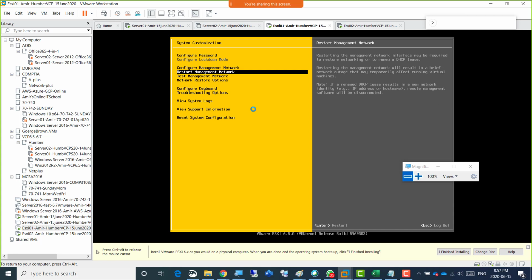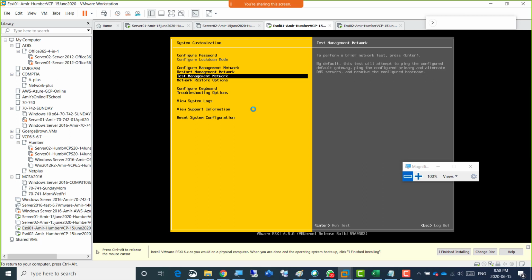If suppose there were virtual machines on top of this hypervisor and you restart it, obviously every virtual machine will be disconnected from the network on this hypervisor. Hypervisor's only task is to host virtual machines. Then there is test management network. If you want to ping from this hypervisor to any other machine, then this is the one that we use. If we go down to network restore options, then there is